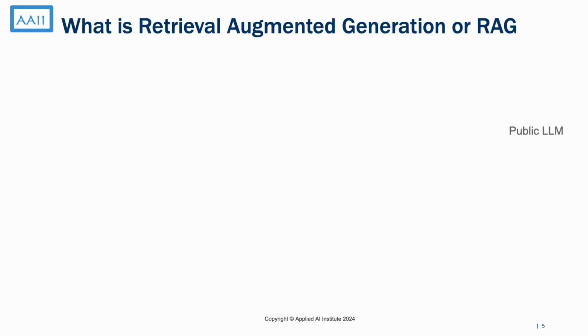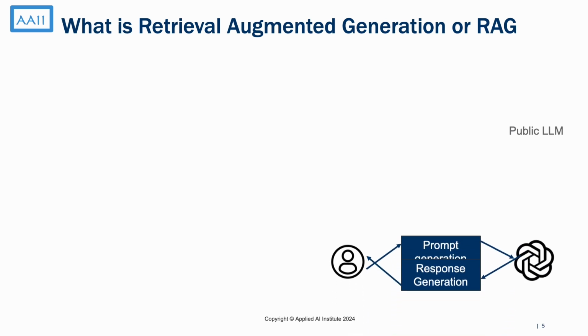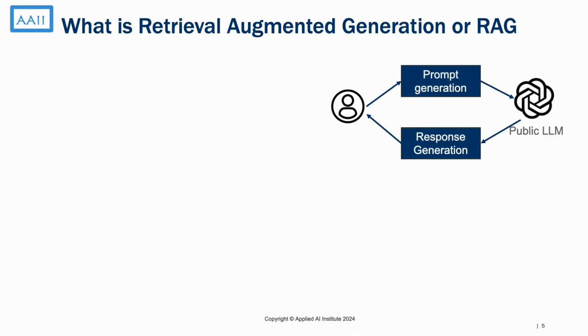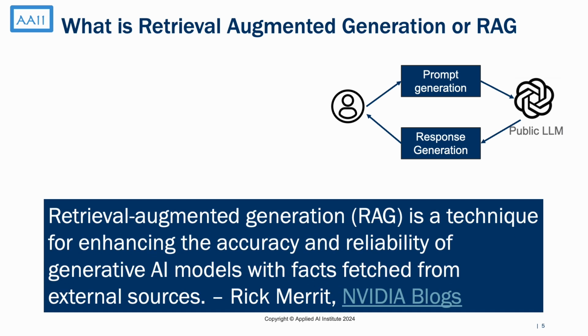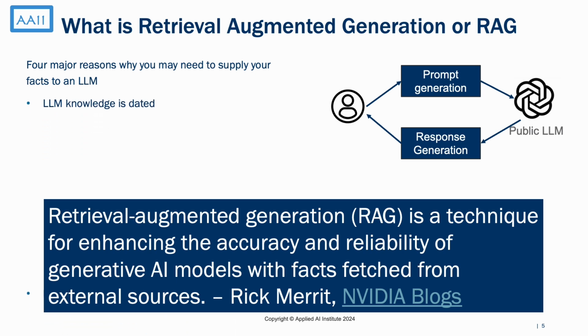RAG is a technique used to enhance the accuracy of your LLM by integrating a wealth of information from the latest sources, external databases, or even your own proprietary data. For example, several individuals have approached me with a desire to write their autobiographies using their own content. They wonder how they can compile it effectively. Fortunately, ChatGPT and other large language models can assist in organizing and composing a comprehensive autobiography by leveraging the RAG technique.